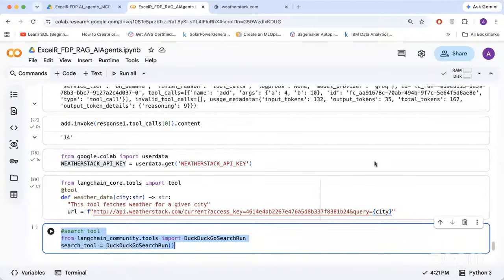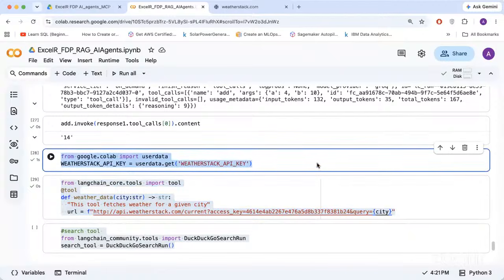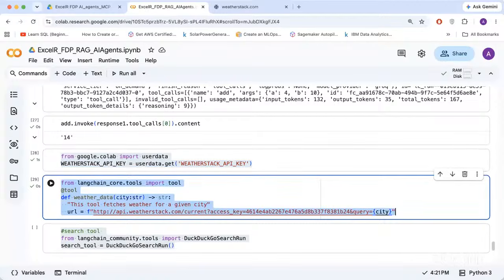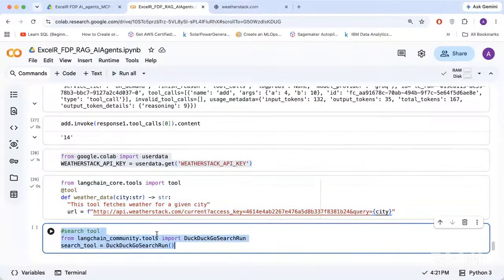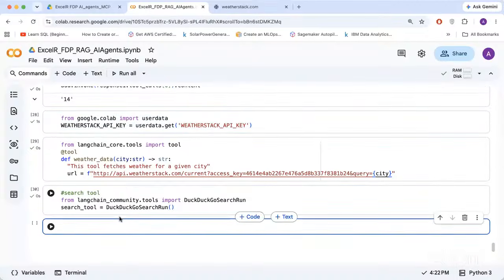This is another tool. So it's basically you taking the weather stack API as a tool here, and then you put in DuckDuckGo as the search tool. I've shared it all in the chat. Once you have the search tool,